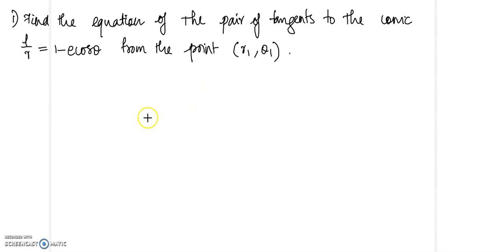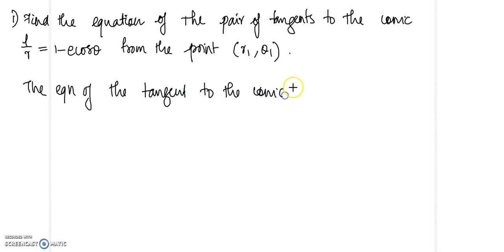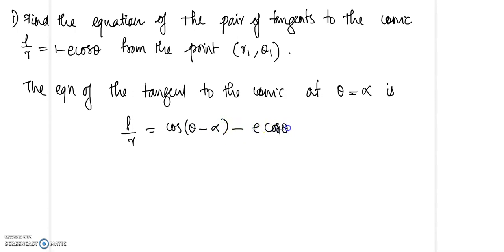Now let us start with the equation of the tangent. The tangent will pass through our point R1 theta 1. Okay, so the equation of the tangent to the conic at theta equal to alpha is given by L by R equal to cos theta minus alpha minus e cos theta, and since it passes through R1 theta 1,